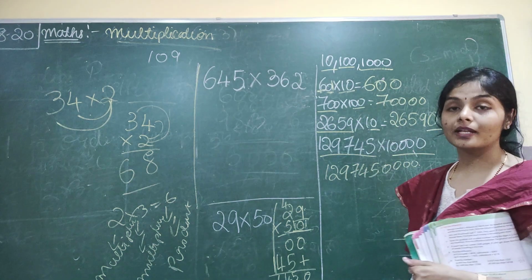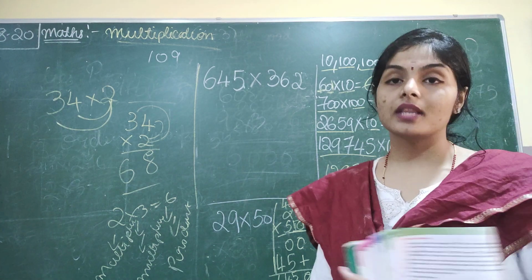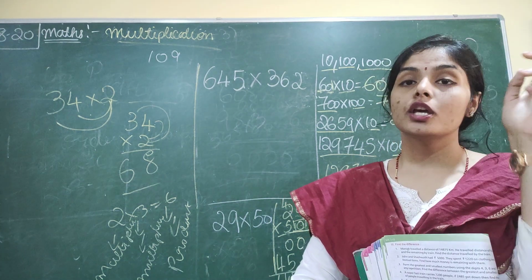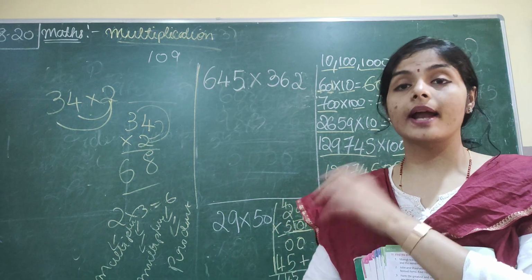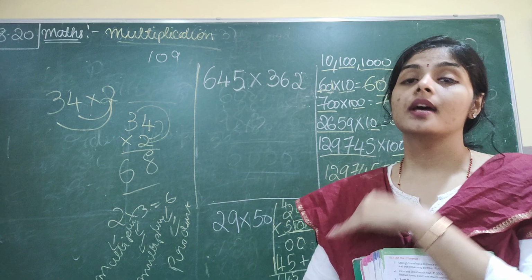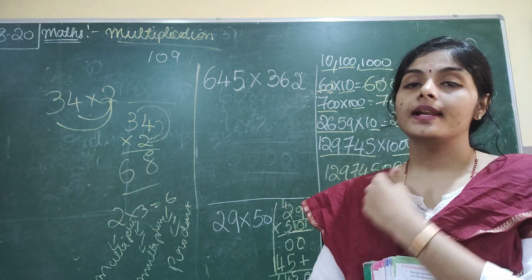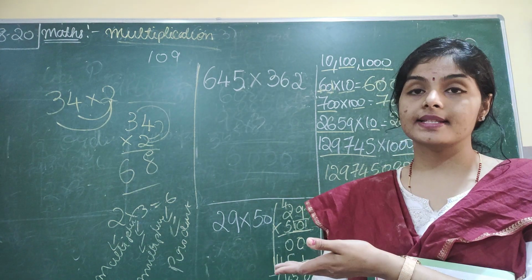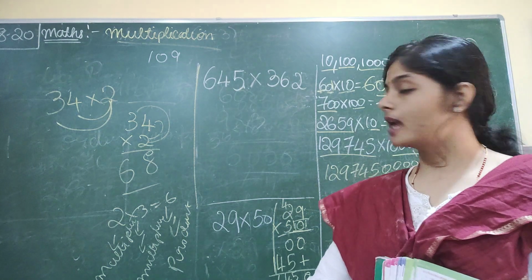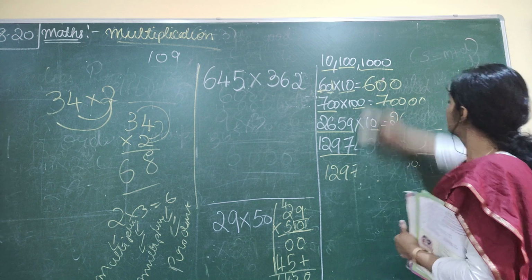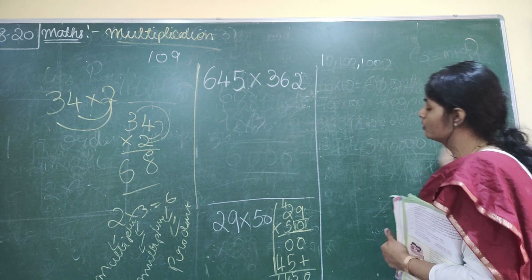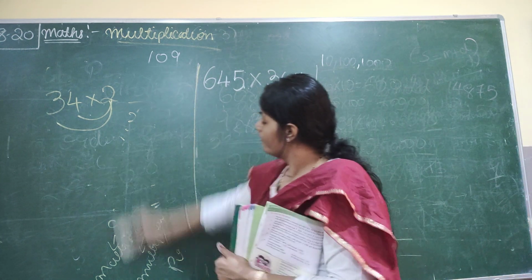Like that, if you are multiplying with 10, 100, 1000, it is very easy. You only have to put the number of zeros. 10 means 1 zero, 100 means 2 zeros, 1000 means 3, 10,000 means 4, lakh 5, 10 lakh 6. Understood? Now, we learned in tens, hundreds, thousands, we learned 2 digit and 1 digit and